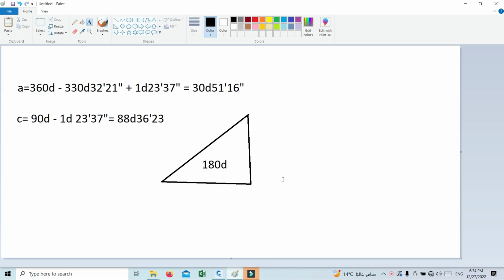Note that the total angle of a triangle is 180 degrees. Therefore,